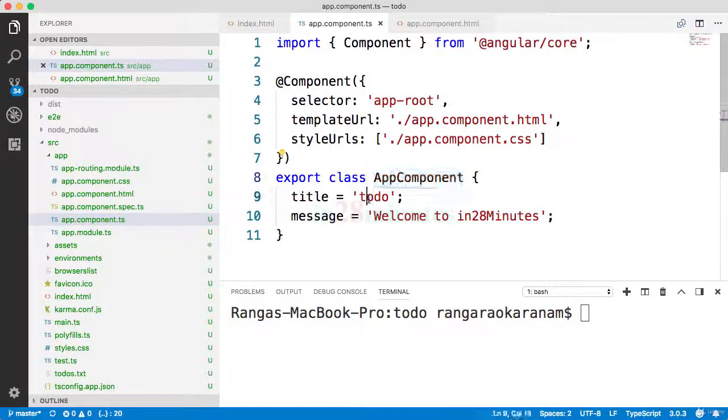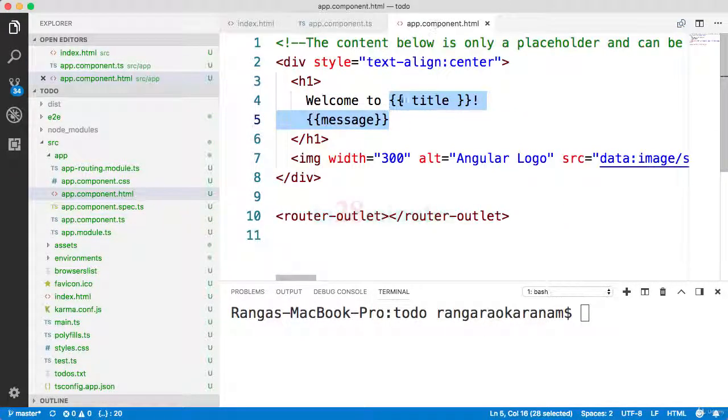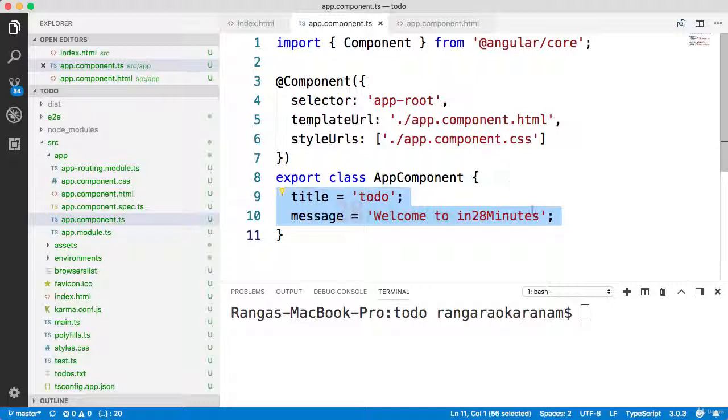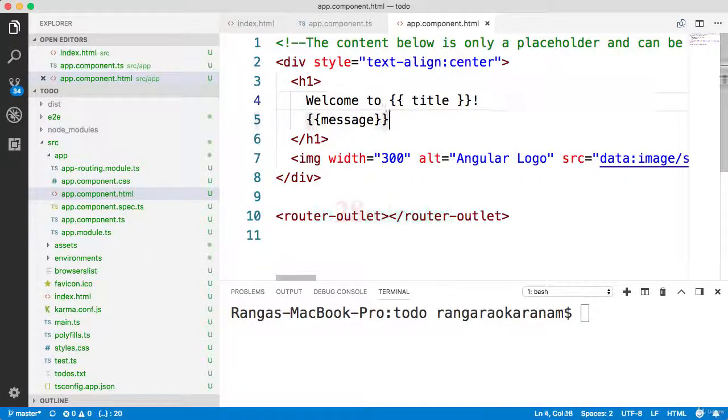And we looked at the fact that whatever data is present as part of the component, we can use it in the template by using interpolation. I'll leave you with an exercise. What I would recommend you to do is create a few more data elements as part of this and make sure that you use them in your app.component.html. Play around with it and I'll see you in